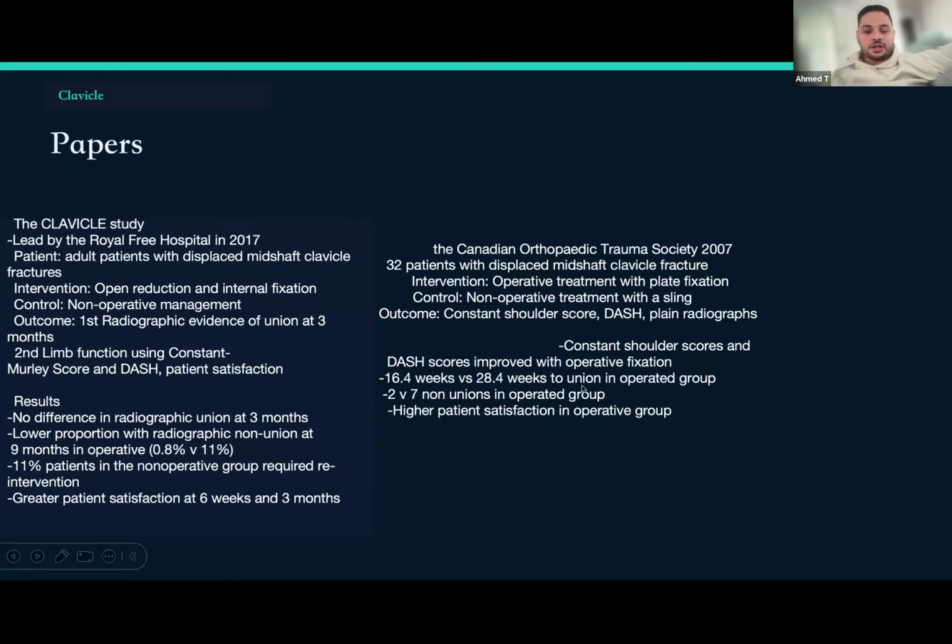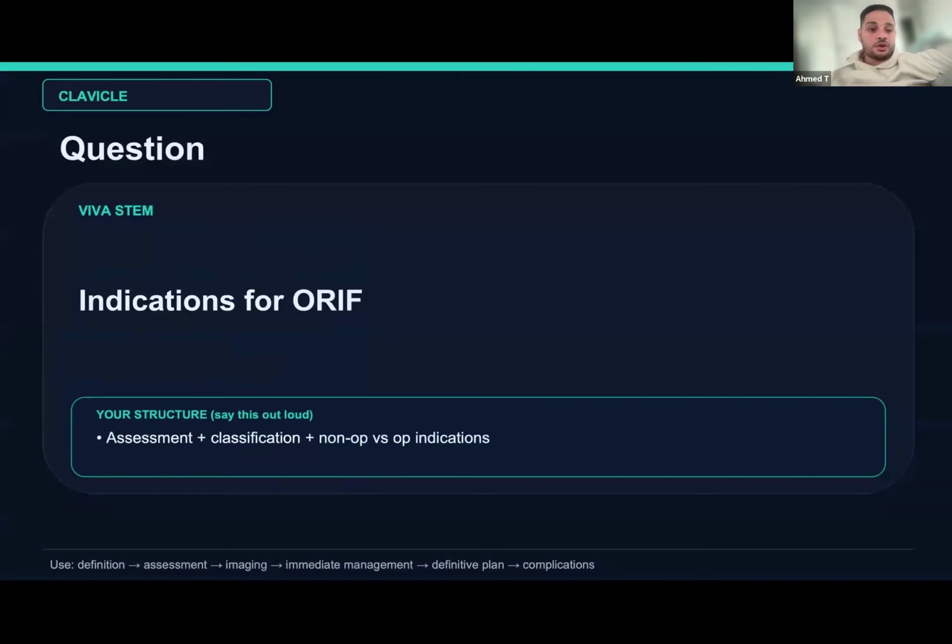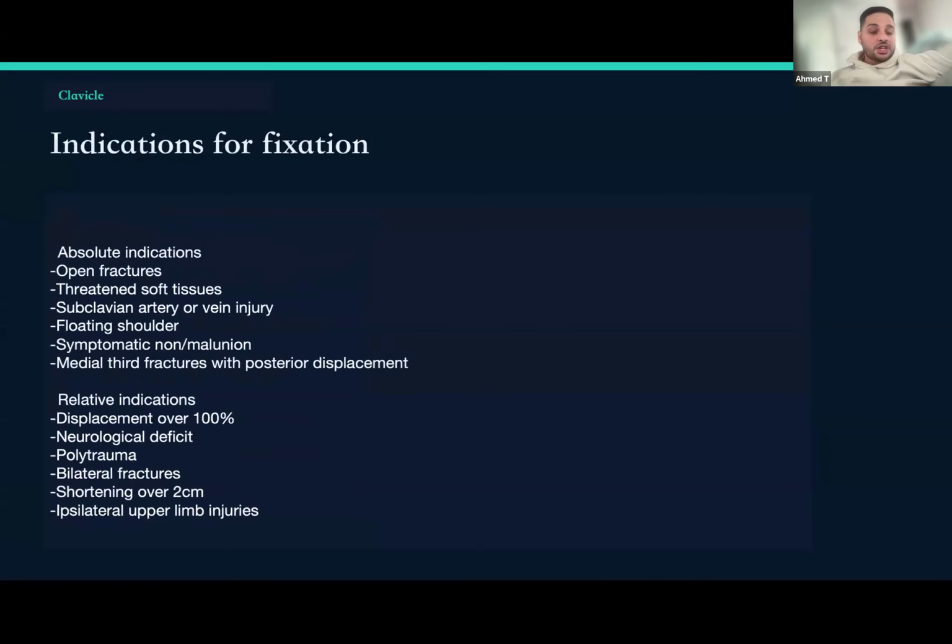Similar with the Canadian Orthopaedic Trauma Society, they reached the same conclusion, improved function scores with the fixation group, but there are risks always with the ORIF, including need for plate removal, cosmetic deformity, and numbness because of the supraclavicular nerve, which is injured during the approach. Those again are the indications for ORIF. The absolute indications are open, threatened soft tissues,